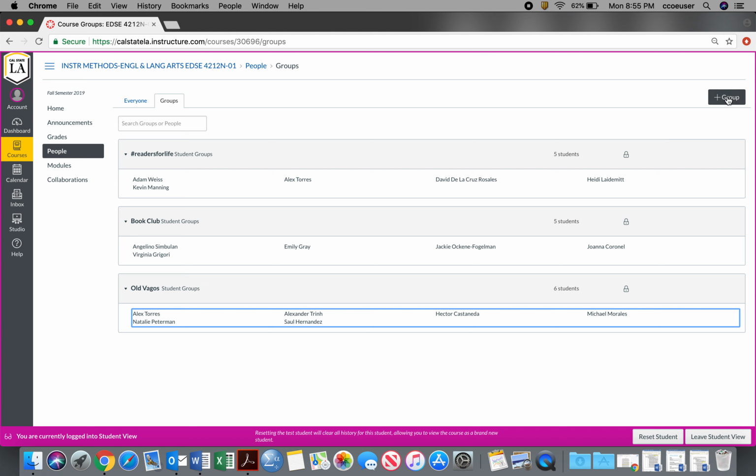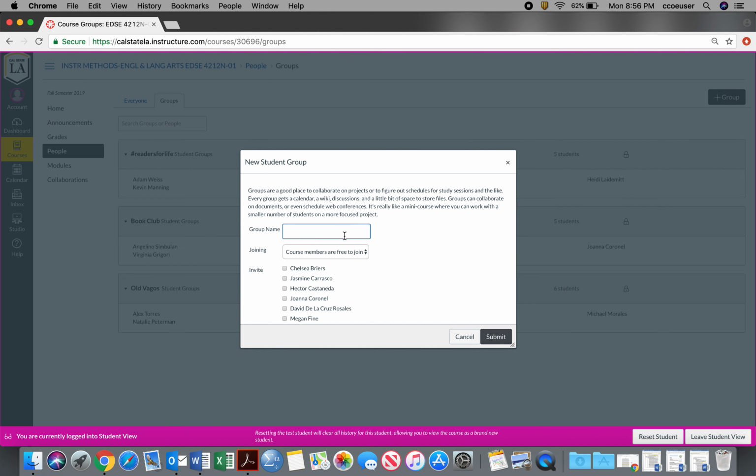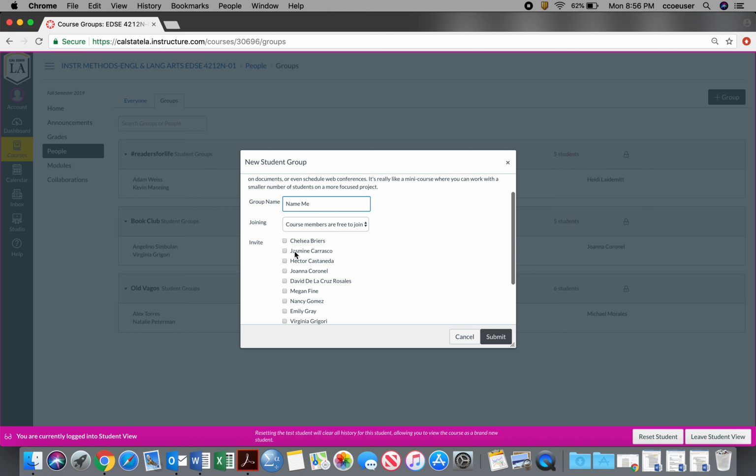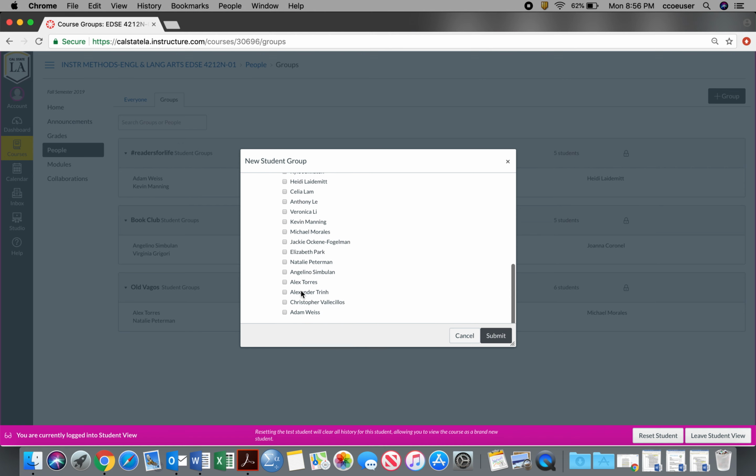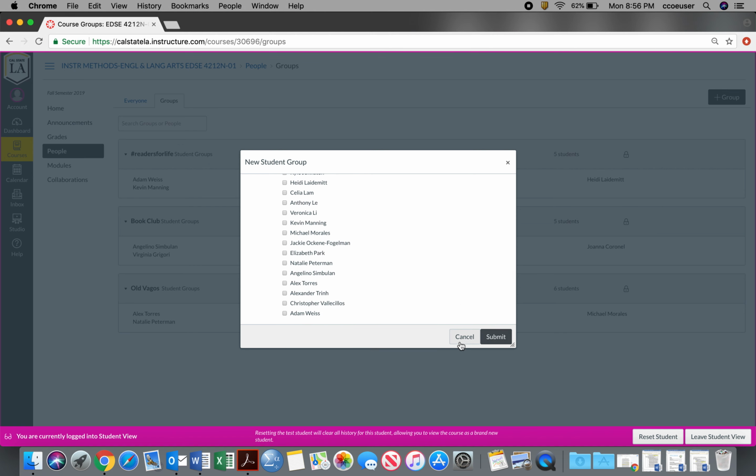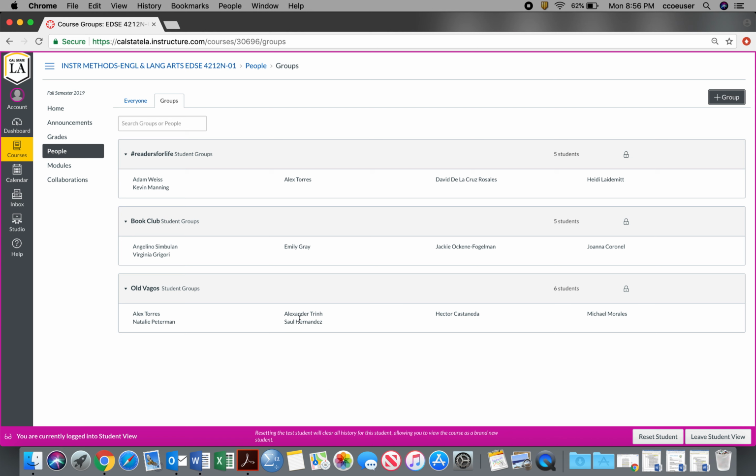So to do that, you'll have just one person in your group organize the group online by clicking this button in the upper right hand corner to add a group. Then you can name your group whatever you want, and then click on the people you would like to invite to the group based on whoever's normally in the group in class. Click Submit, and then you should be able to see your group pop up here. Then you can go here, go to discussions, see this group in order to have your online book club discussion